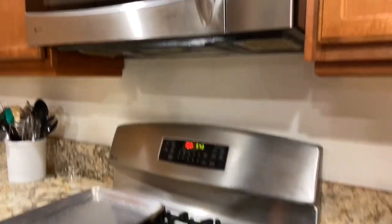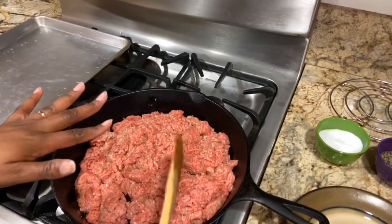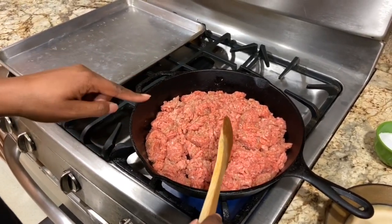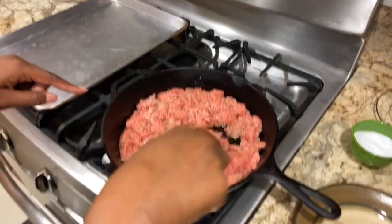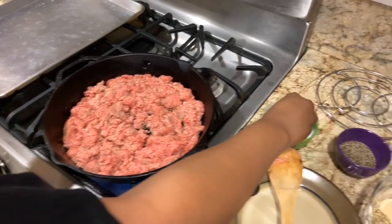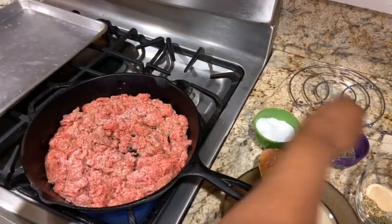Come on over to the stove where we have already in our pan a couple of tablespoons of extra virgin olive oil, and 2 pounds of ground turkey. Okay, and we're going to brown this, but we're going to add a little bit of seasonings first. We have a little bit of salt, a little bit of pepper,